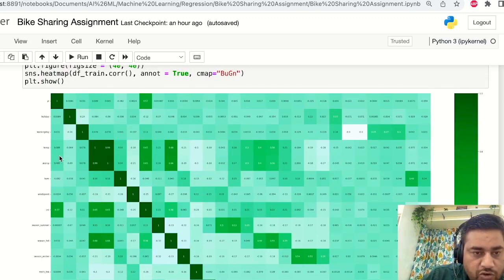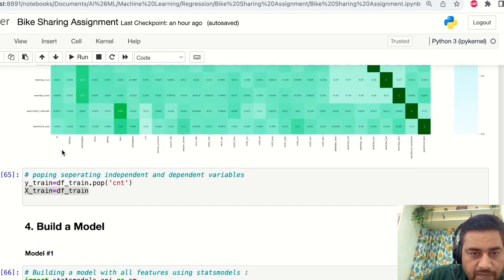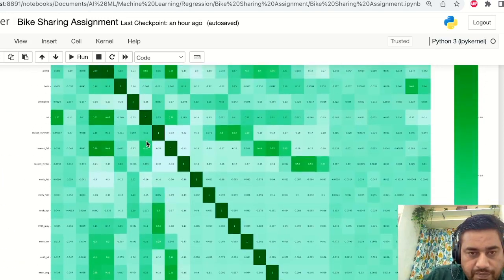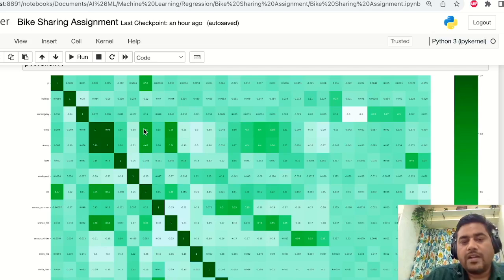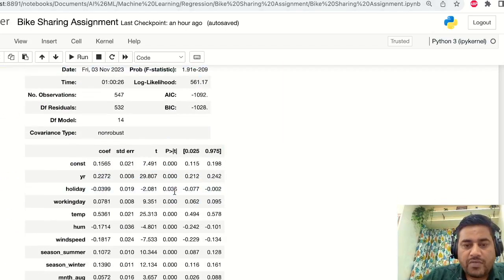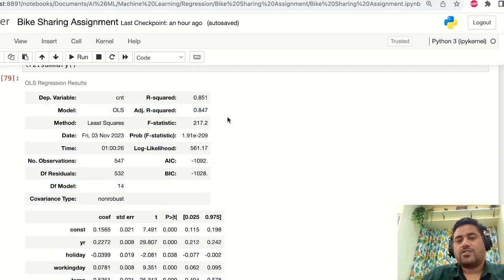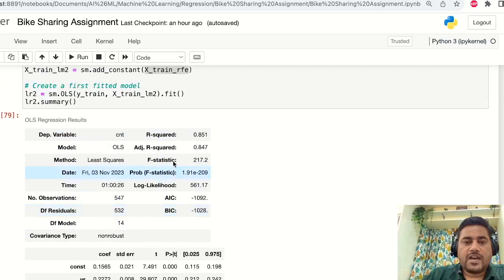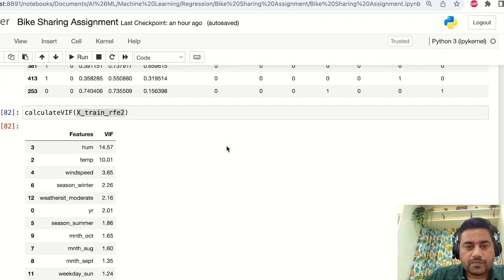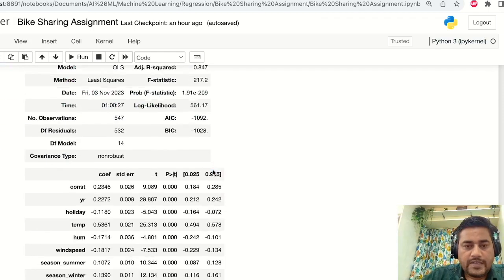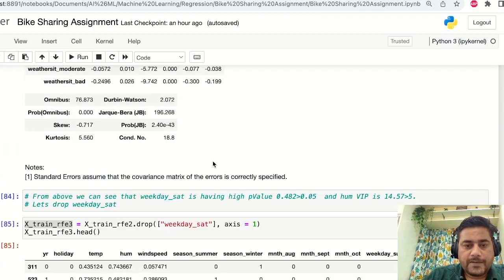Temp is highly correlated with the count, so we will not be dropping that one. I have already tried to remove it, and the adjusted R-squared value dropped by around 65%. That was impacting a lot. Since count is dependent on the temp, we will not drop that feature. And if we check it here,